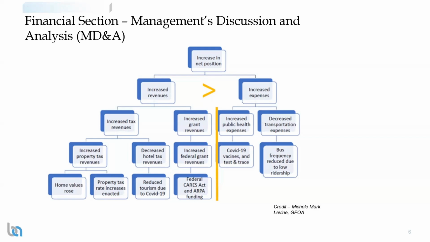You want to focus on the significant items. You may want to start with a long list and then reduce that list. As Med mentioned, you don't want an MD&A that's 40 or 50 pages long. You just want a document that council members or other end users can read and get an idea of what happened during the year and what's going on with the city.